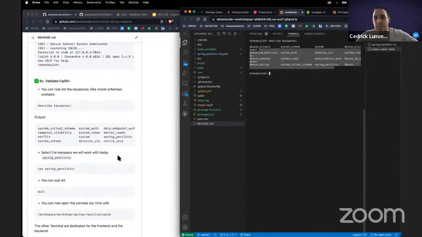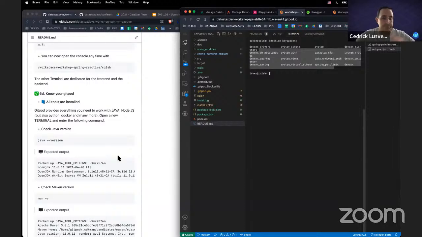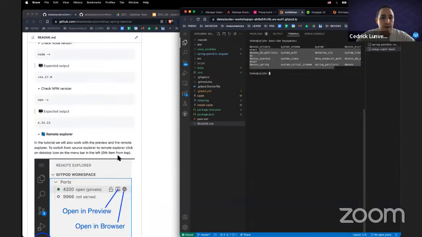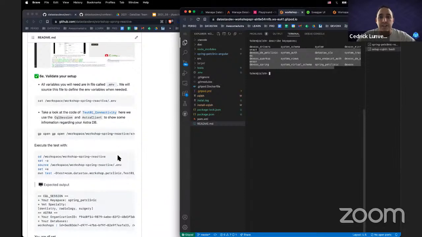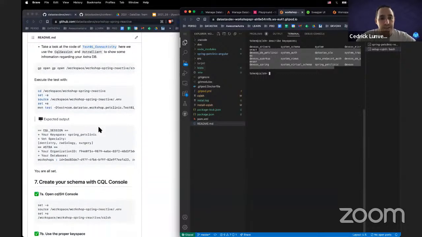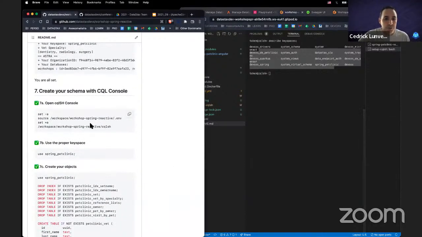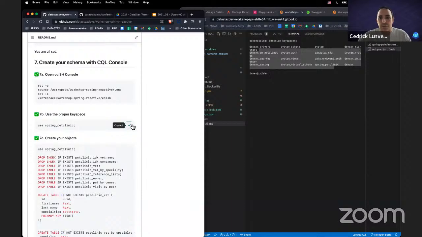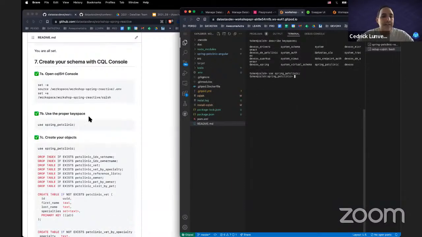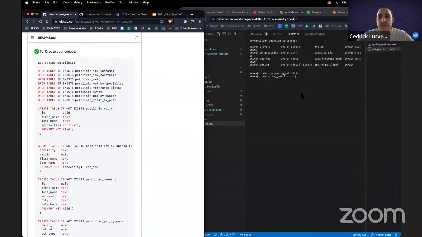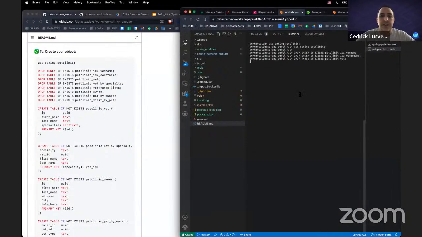And then the rest of this workshop was to actually explain that here you do have a full working Java code to connect to Cassandra using the framework called Spring Data. And as with every Cassandra application, you need to start with the schema. So here we ask you to create the schema. So use Spring Pet Clinic, create the schema. I create the schema here,